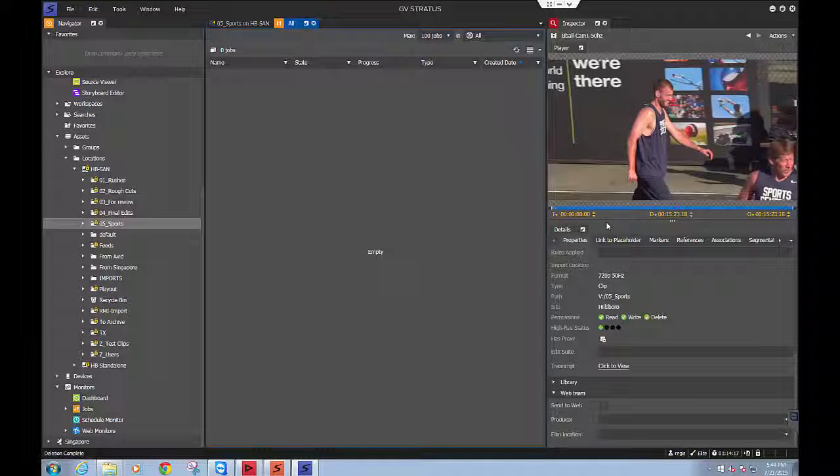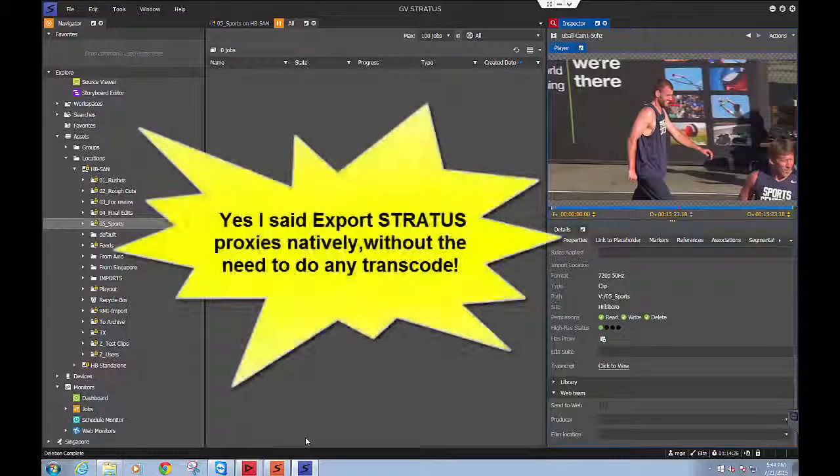Hello, this is Regis for a short presentation on a new feature in Stratus 4.5, which is the ability to set up Stratus Export rules to export the proxy natively out of Stratus. So you don't need to do a transcoding if you want to export just a low-res proxy of a clip